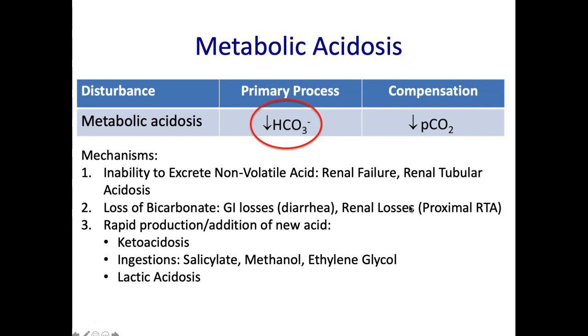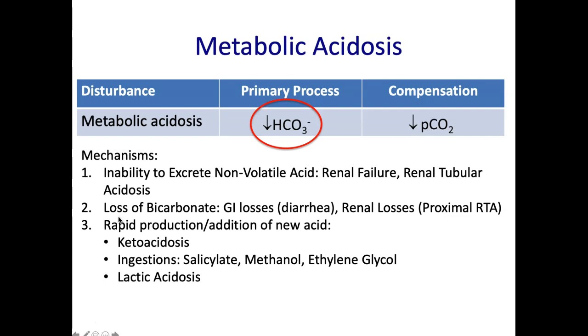Also, you can lose bicarbonate from the kidney. What if the proximal tubule got poisoned? Okay, remember you reabsorb bicarbonate in the proximal tubule. If that part got knocked out, got poisoned by whatever mechanism, but the GFR and tubular flow is fine, well, now you're going to pee out all that bicarbonate. That can lead to metabolic acidosis.